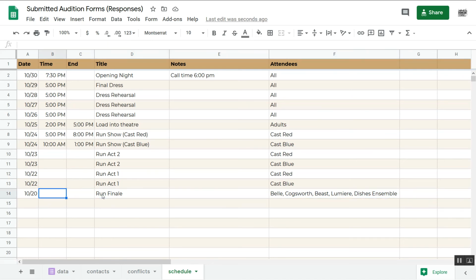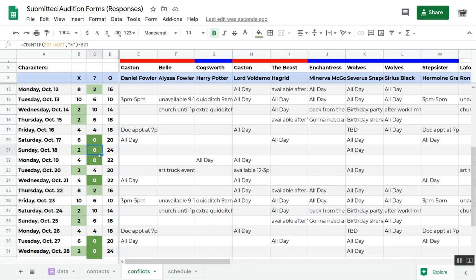So we have run finale. This is on a Tuesday night, so we're going to say this starts at 6:30 p.m. and goes until 10 o'clock p.m. And I'm going to make sure they come with hair and makeup on to do that. Okay, so I said this is our run finale, and that's because we probably want to put the finale on the schedule a couple of other times. So this will be our final finale rehearsal, but if we go back to the conflicts, we can look for another date